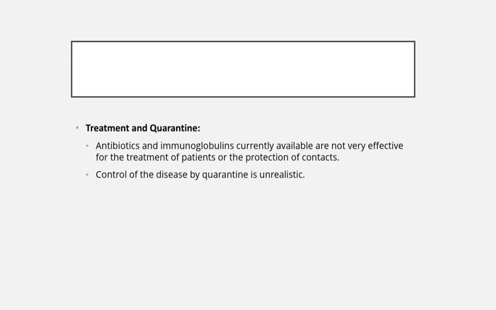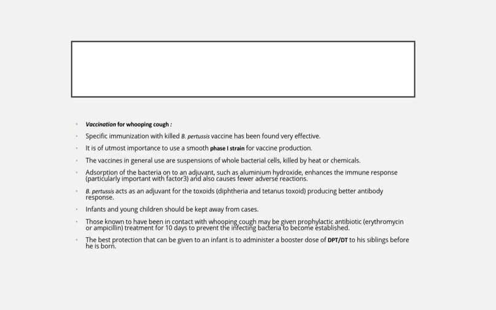Treatment and quarantine: antibiotics and immunoglobulins currently available are not effective for the treatment of patients, or for the protection of contacts. Vaccination for whooping cough: phase 1 strain is used for vaccine production. It is of utmost importance. The vaccine in general use is a suspension of whole bacterial cells killed by heat or chemical. B. pertussis acts as an adjuvant for toxoids like diphtheria and tetanus toxoid, producing